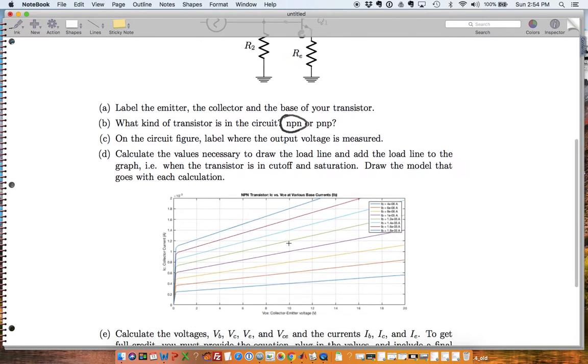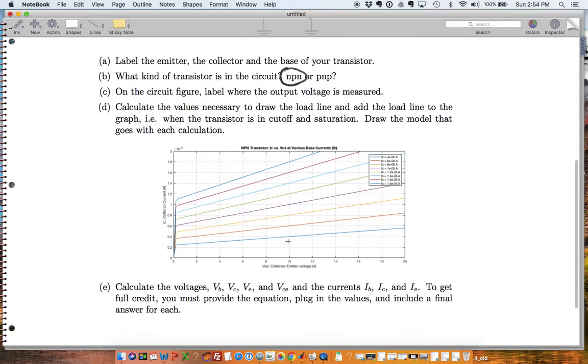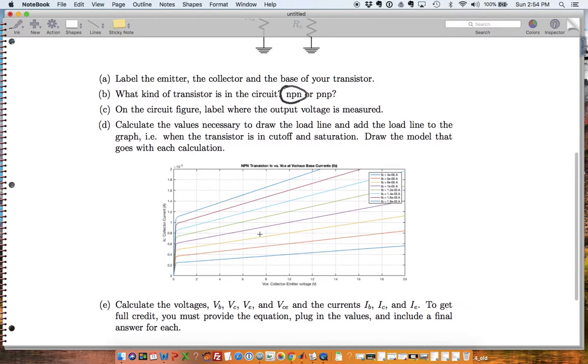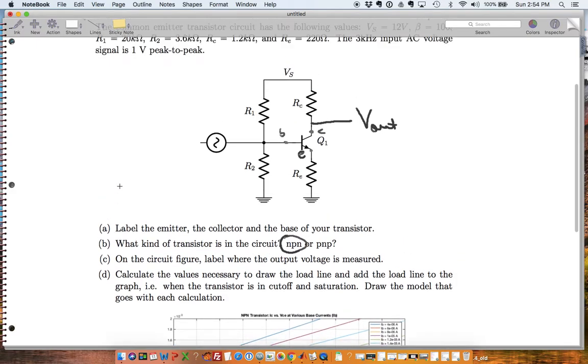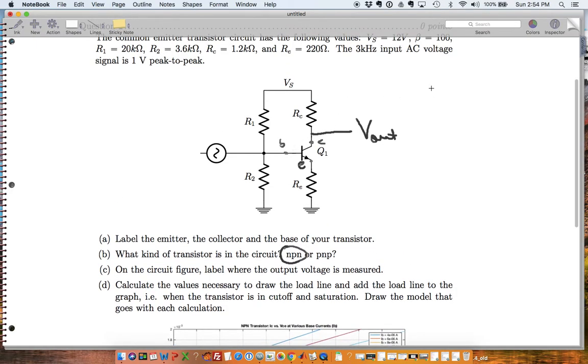Calculate the values necessary to draw the load line and add the load line to the graph. And we have to draw the models that go with each. Okay, so the models are, this is cutoff. So again, what we're doing is we're replacing our collector to emitter circuit here with either an open or a